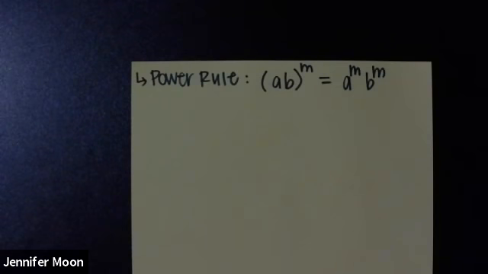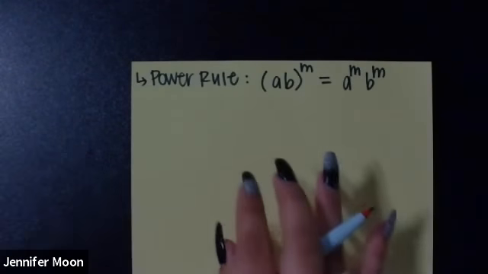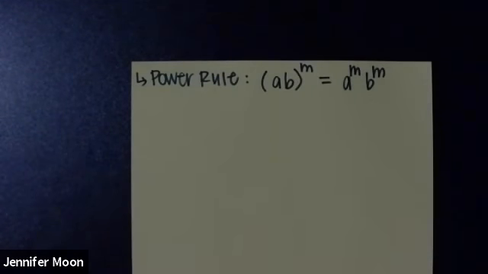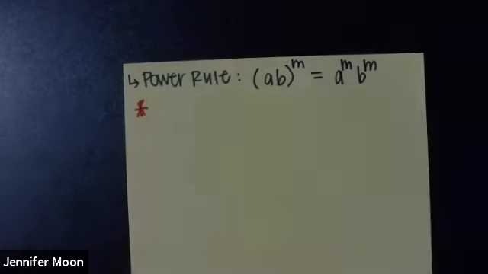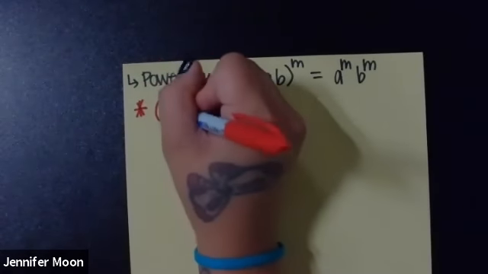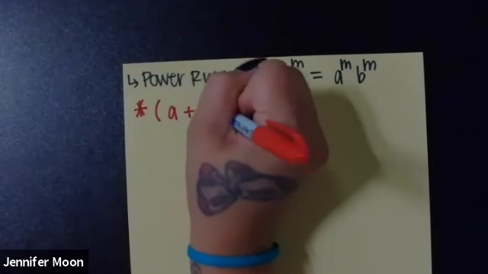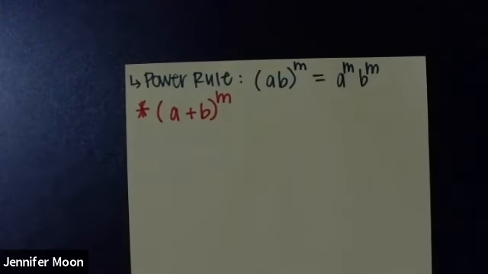I'm going to write this one little asterisk note here. I don't know for sure if it does this in the homework, but I really want to make sure that y'all don't ever confuse it with this, especially moving forward. We're about to divide polynomials, multiply polynomials, learn all these different special techniques. And I don't want you to think that this rule applies to this example. So this is in red, y'all. If you have A plus B close raised to the m,